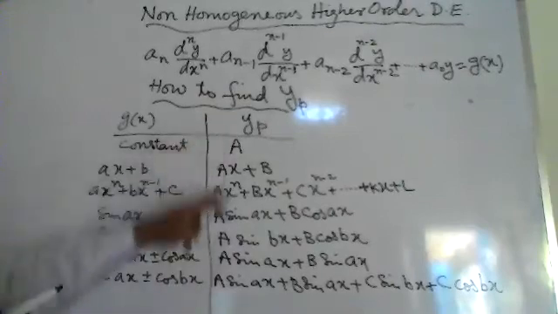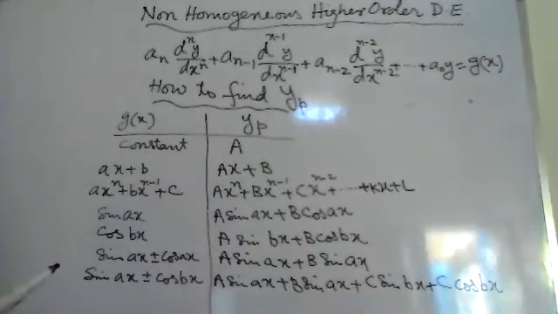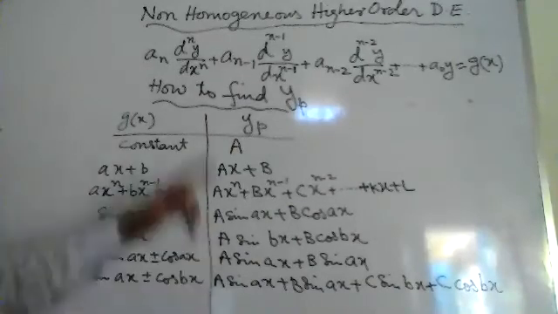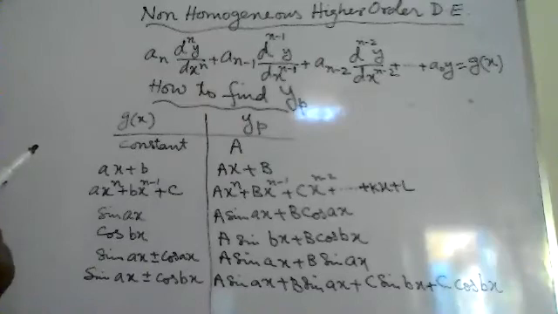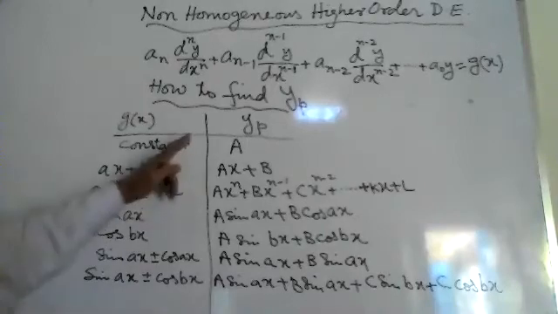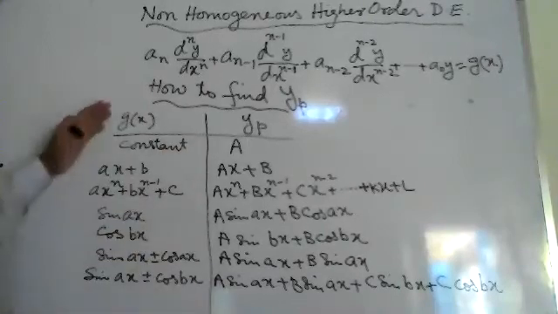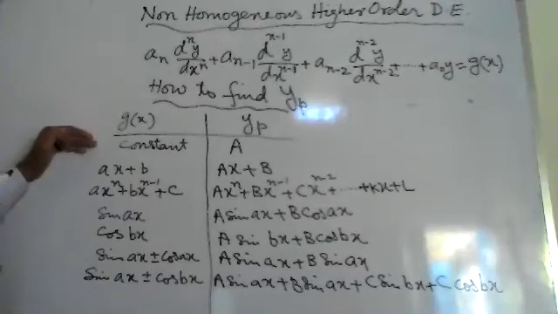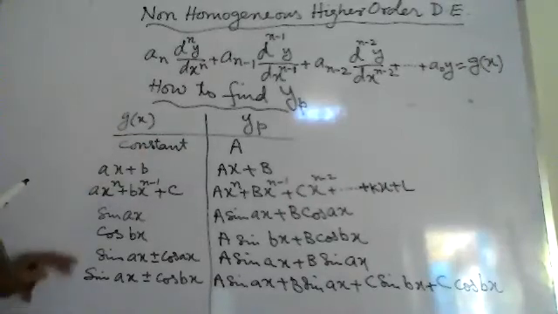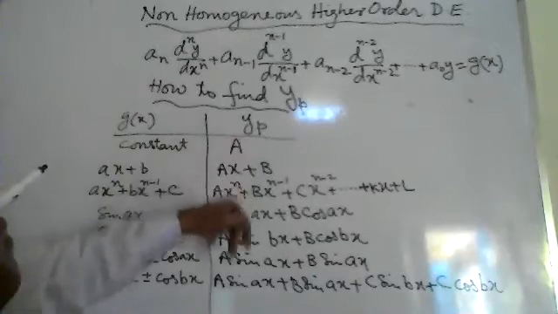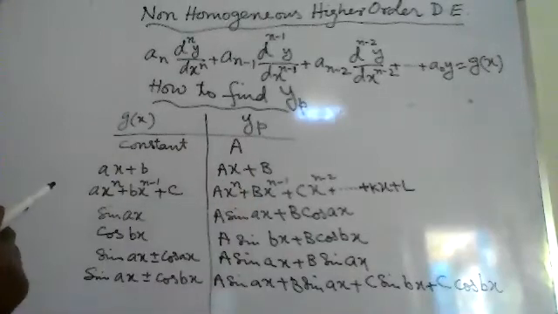So that particular solution we have to suppose. You have to remember, as in the homogeneous equation, I told you how to write the answer. There are certain rules, certain formulas. Here also you have to remember these things. According to the nature of g(x), we have to suppose y_p as per the formula.